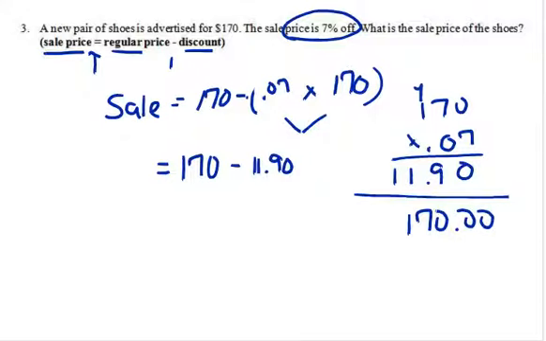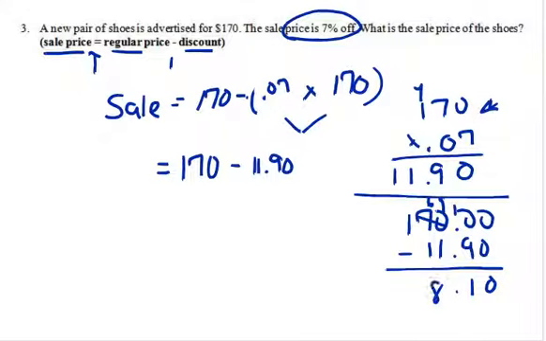So that's $170 minus $11.90. And regroup, because 10 minus 9 is 1. Decimal point comes straight down when you're subtracting. When you're adding, it's not necessary to line up, but when you're subtracting, it is. 9 minus 1 is 8, 6 minus 1 is 5, and 1 minus 0 is 1. So your sale price here is